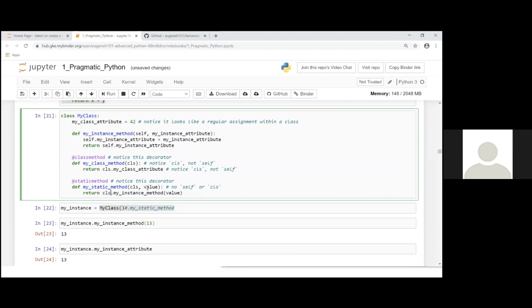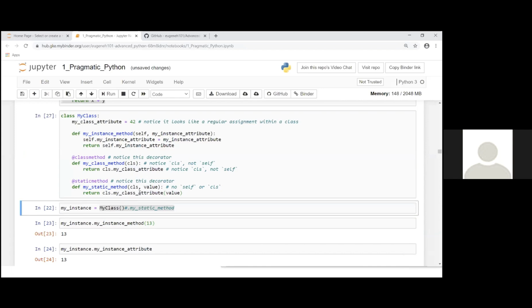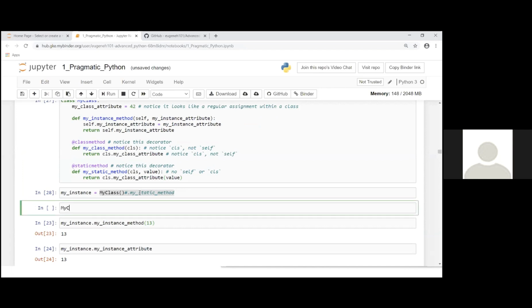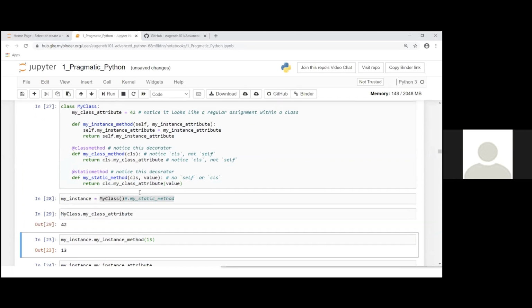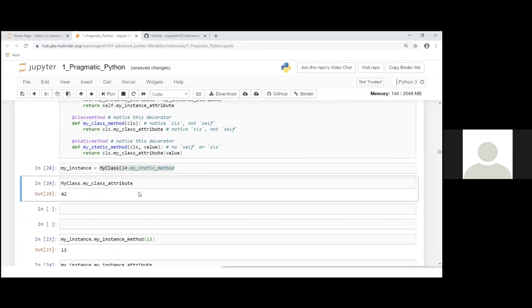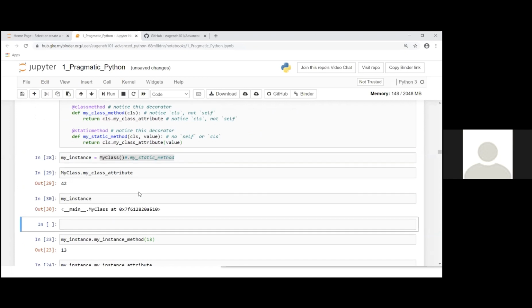I'm going to do class, and then I'm going to call the class attribute and do that, right? So in that case, my class attribute is 42. But now I'm going to take an instance of that class, this instance. I'm going to mutate the class attribute from the instance. Kind of strange, but it's possible.